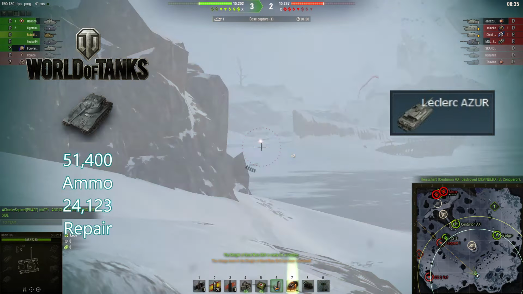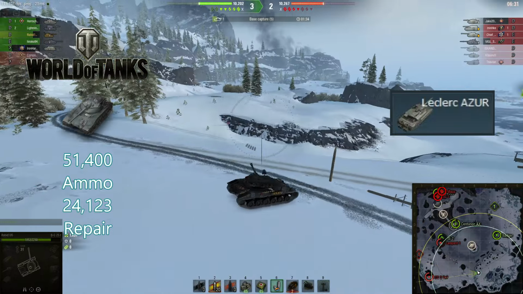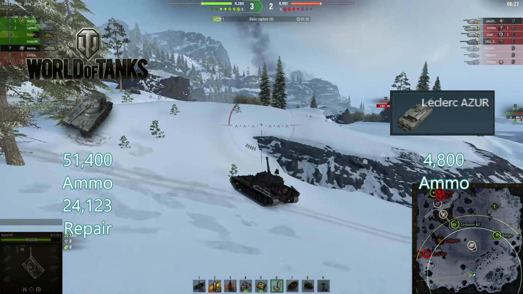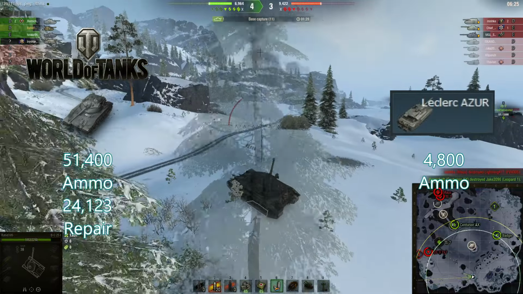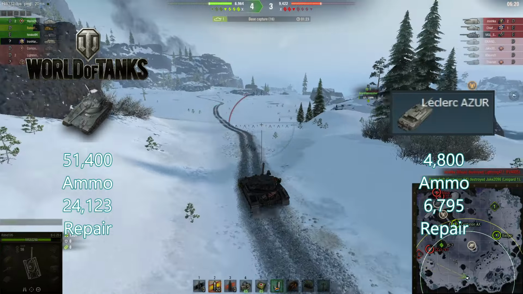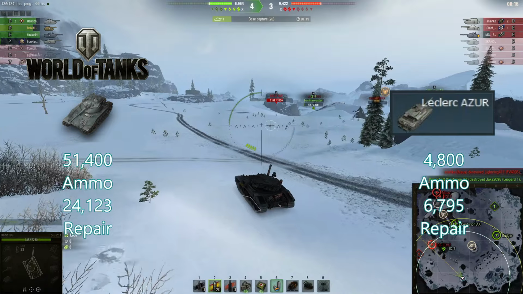For the Leclerc Azure, on the other hand, if you were to take 20 rounds of its top shell, which is pretty standard for a War Thunder match, you would pay 4,800 silver for that, and if the vehicle were completely destroyed and you had to repair it, you would end up paying a total of 6,795 silver to fix it back up. Yet again, we see the pretty obvious pattern that War Thunder is noticeably cheaper on the silver side of things,